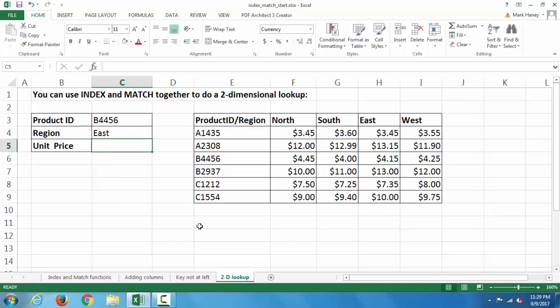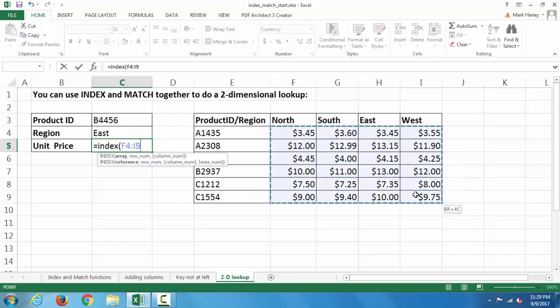How would I look that up? Recall that index can be given a row and a column. So let's use the index function. Equals index. I'm going to take an index into what array? This array, comma,